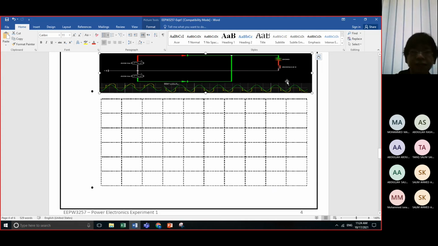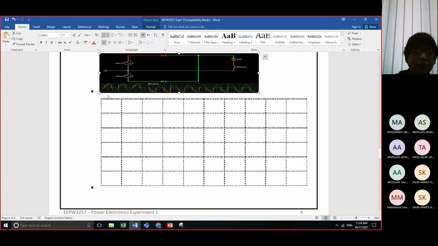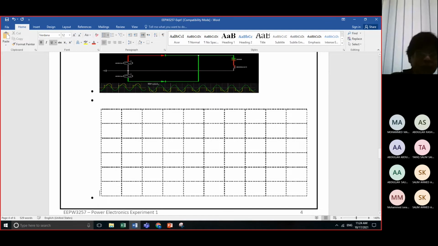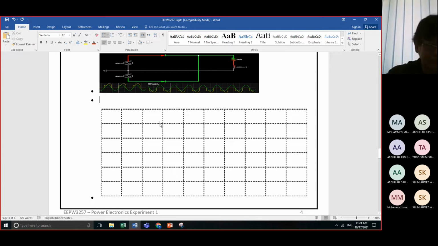Okay, so this is already your task, and then here you will write your discussion. Okay, discussion here, even here it's okay. So discussion in handwriting. Okay, take note that your discussion should be in handwriting, class. So here it is your discussion.